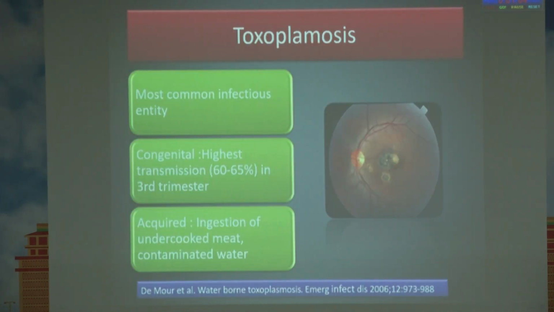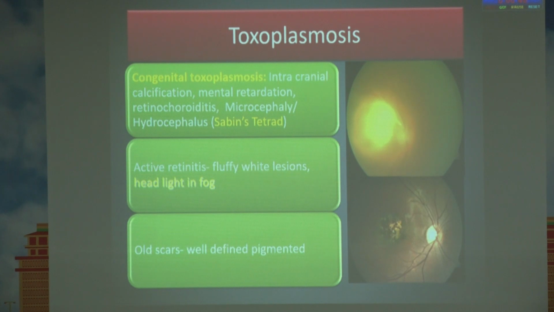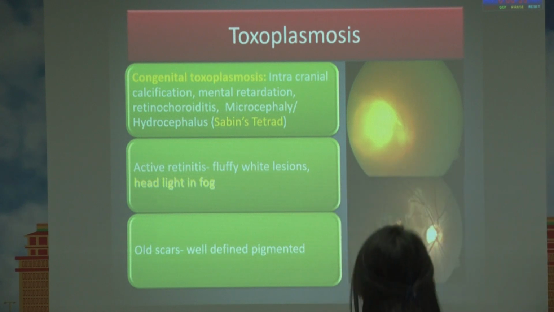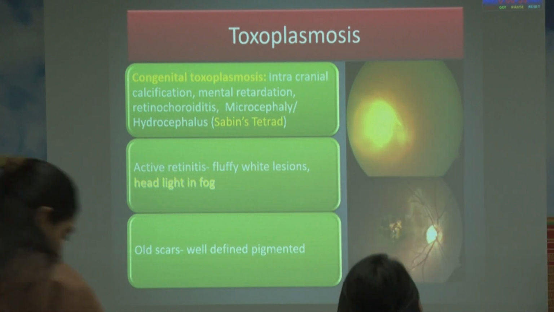Now coming to posterior and panuveitis. Toxoplasma retinochoroiditis is the most common infectious uveitis, and toxoplasmosis can be congenital or acquired. In the third trimester the highest transmission is there, but the maximum damage to the eye is done when it is transmitted in the first trimester. We all know that a sabin tetrad is classically seen in congenital toxoplasmosis, and a headlight-in-the-fog appearance is typically seen in active lesions, whereas cartwheel lesions are seen in old lesions,